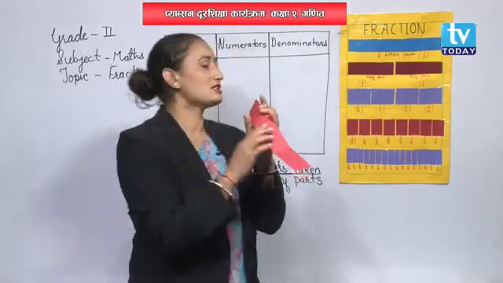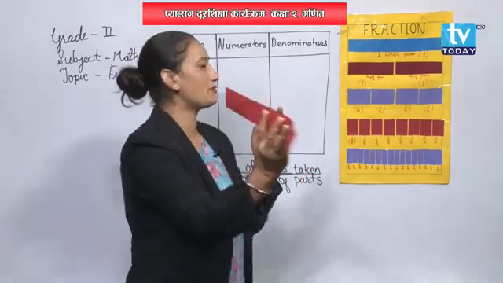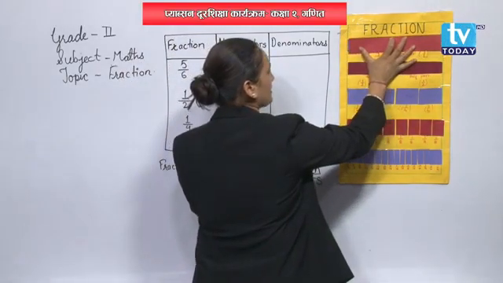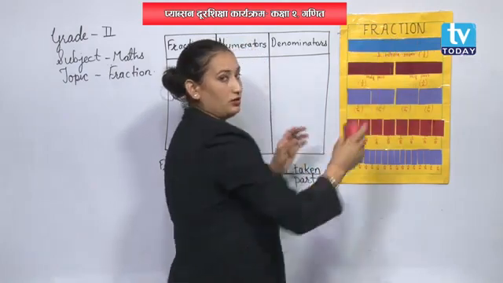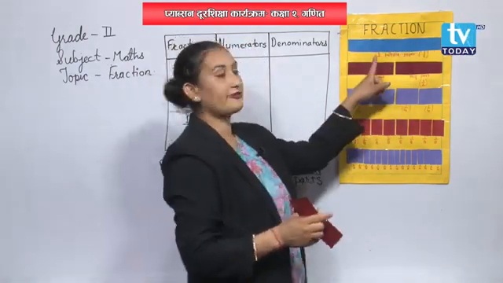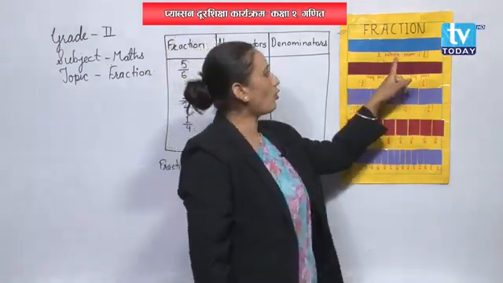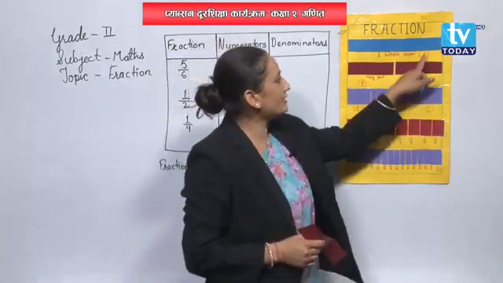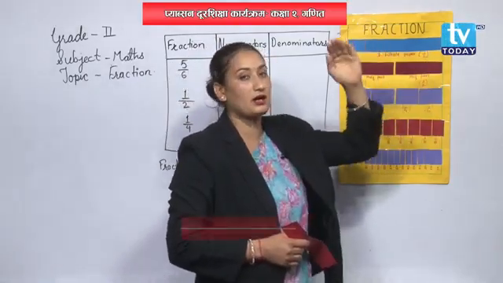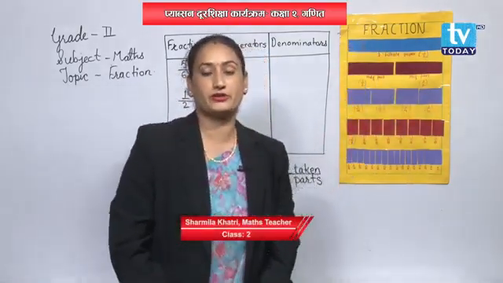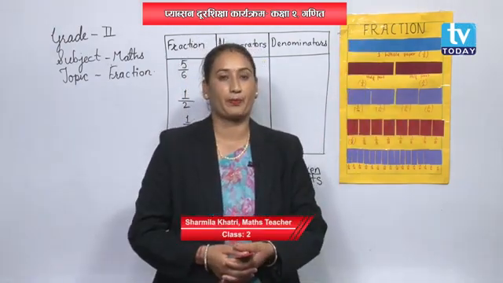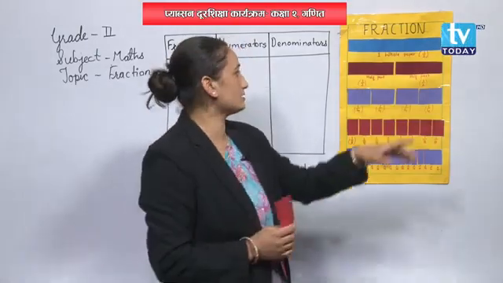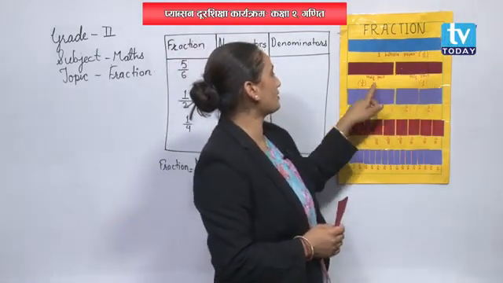Do you understand? See students, this paper is equal to this one paper or not? Please have a look. Yes. So, how to write it in fraction form? One whole paper is written as 1 by 1. Why am I writing 1 up and 1 down? Do you have any idea about it? There is a middle line. Have you noticed this middle line? 1 by 1.